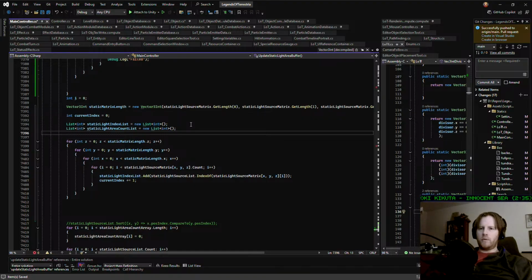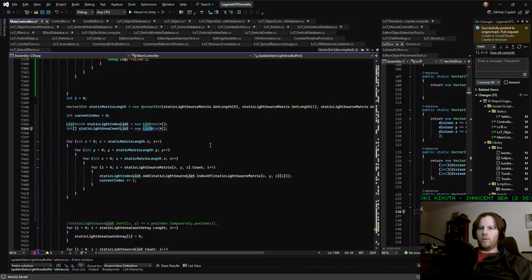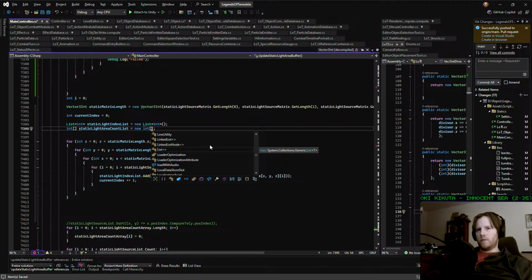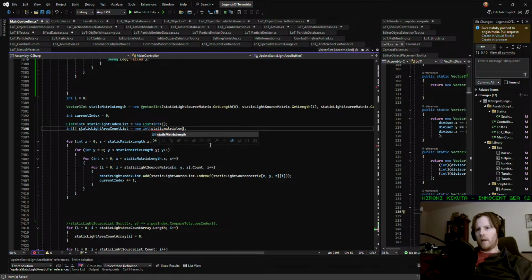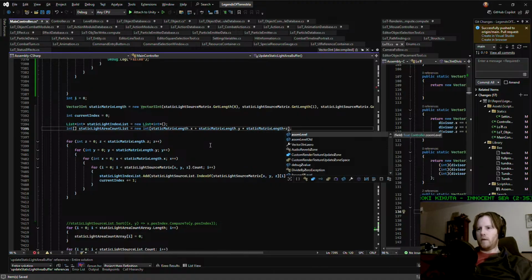The light area count list can actually, I think, be an array. And that array should be a new int array that is static matrix length dot x times static matrix length dot y times static matrix length dot z